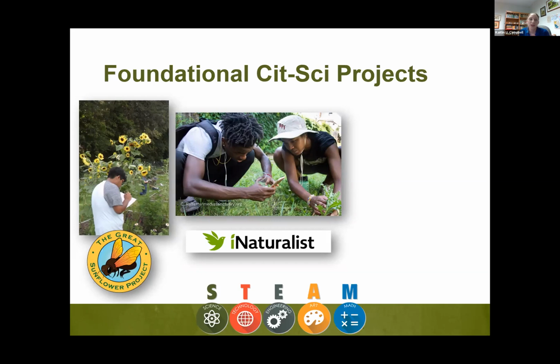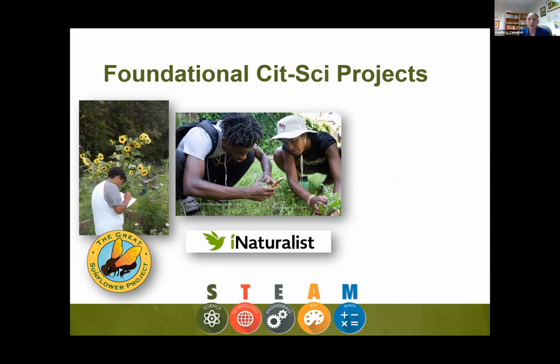For the Great Sunflower Project, you have to know some really basic identification stuff to be able to say like, it's a bumblebee visiting or a honeybee visiting or a fly or something like that. But for iNaturalist, it actually has artificial intelligence that will suggest identifications to you. And if you pick their suggested identification, or you can even put your own identification in, it will then be verified by multiple other participants and even experts that are working in iNaturalist. Like I've identified things in there for entomology related things.